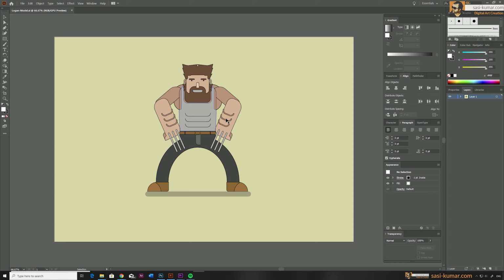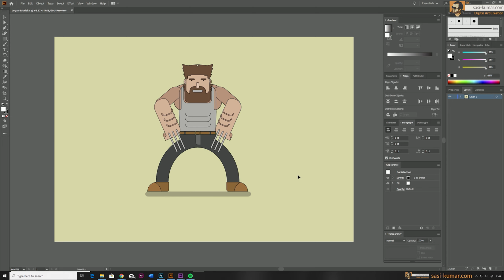Alright, before we start with our rigging in After Effects, we need to make some changes to this character in Illustrator. We created this pose in our previous tutorial, so I'm going to change this pose to a simple one so that we can easily rig that in After Effects. First thing, I want to change this leg pose and create new layers for this leg pose. And also I want to change the pose of the hands as well.